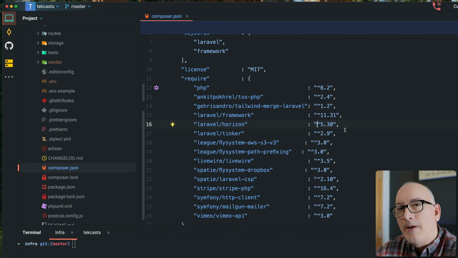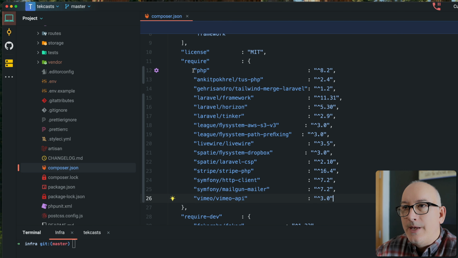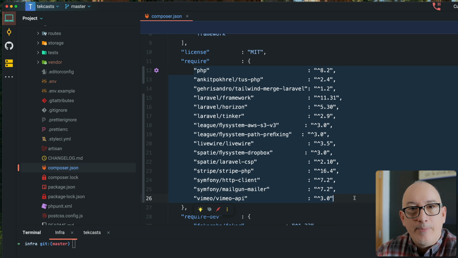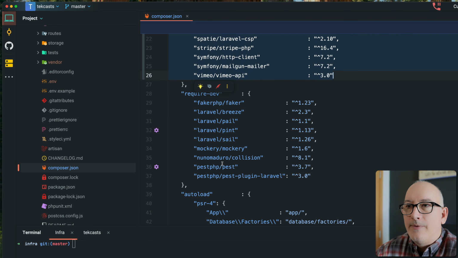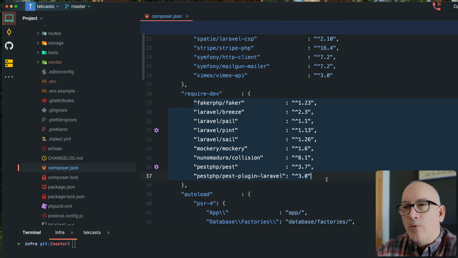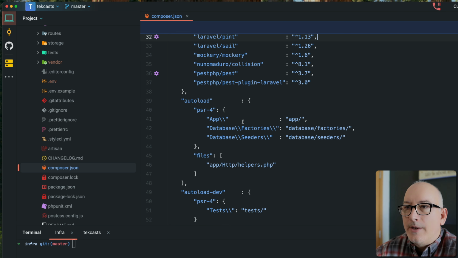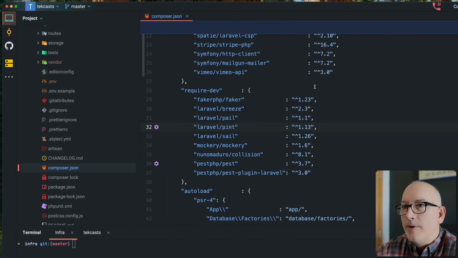So I can specify versions, and I can specify the packages that I need. In addition to these packages that are required for the application, I can also have developer dependencies. So for example, testing frameworks or anything like that. These aren't required in production, but I need them in my development environment. We'll come back to autoloading and some of these other configuration settings in just a moment, but let's talk